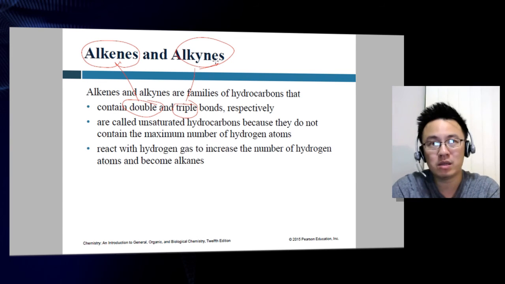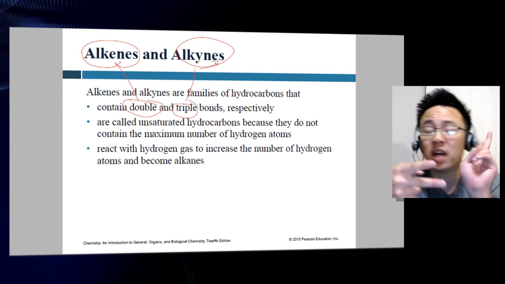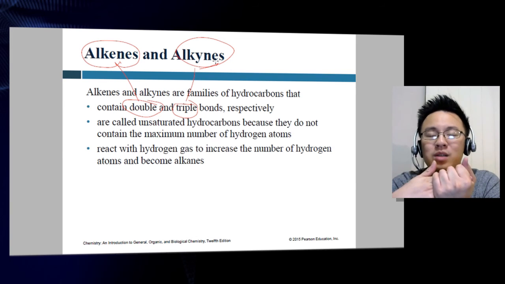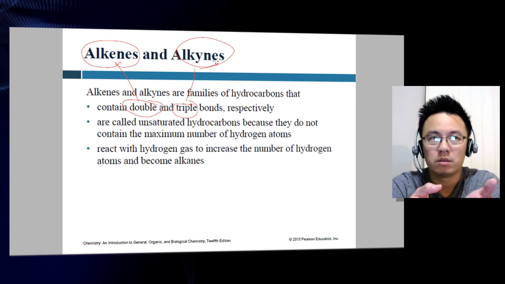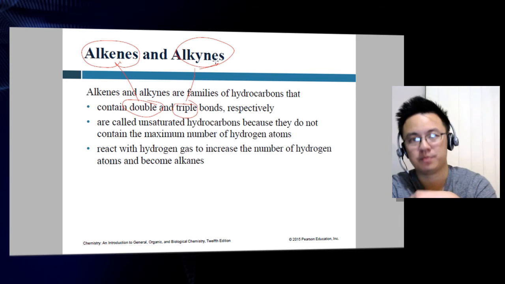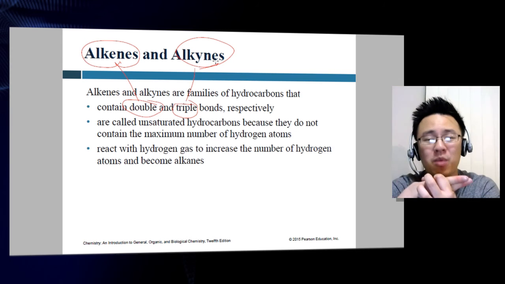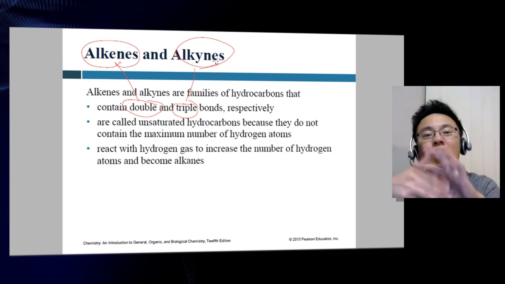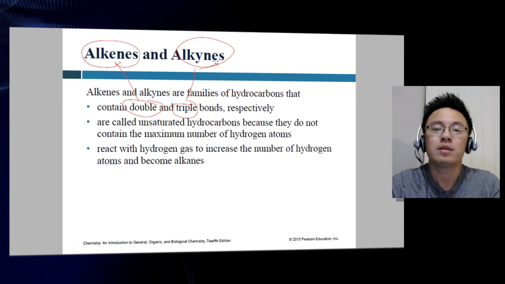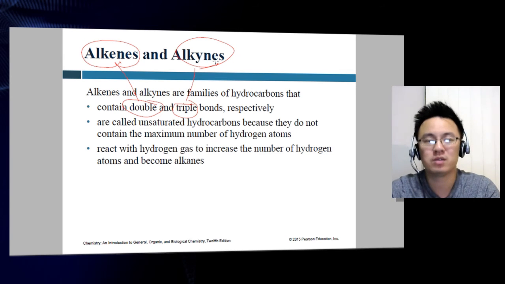Now you're thinking, wait a minute, isn't a double bond considered 2 bonds? Not quite. A double bond, while it contains 2 different kinds of bonds, one a sigma and one a pi bond, is considered as one bond. It's just called a double bond. Now, a triple bond contains 1 sigma and 2 pi bonds. So we have 3 bonds going on here, but they collectively are known as 1 bond. Therefore, those carbons do not have 4 different substituents, so they are not considered saturated